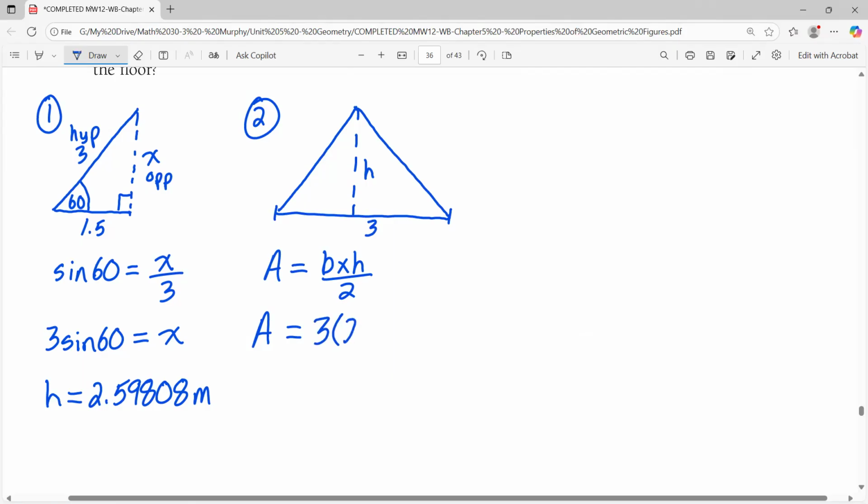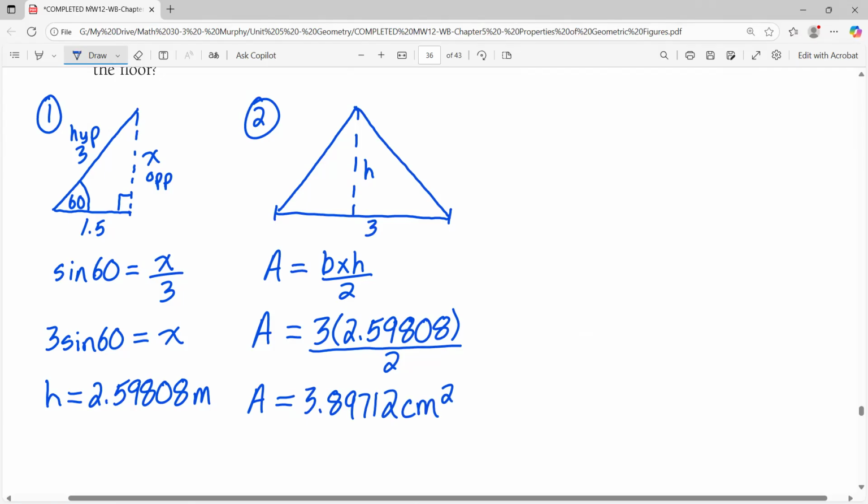The height is 2.59808 divided by 2. And we end up with 3.8971 meters squared. And then step 3